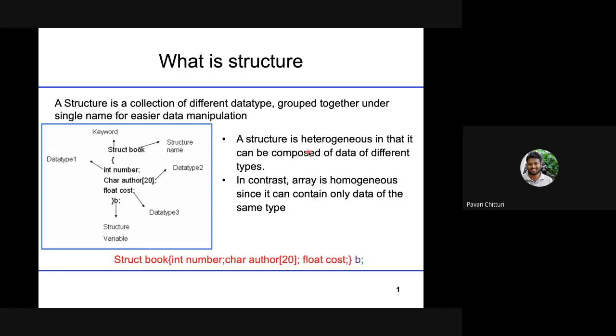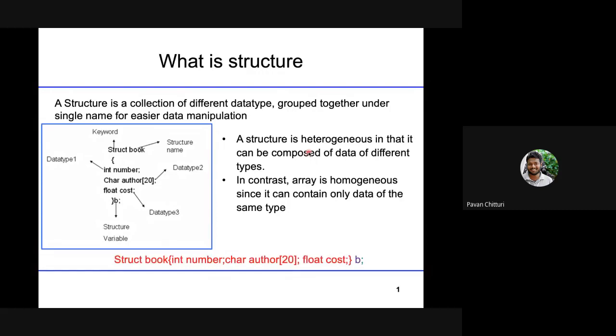If you need to group related things together, you can put n number of variables, n number of data types together: two integers, 10 floats, 10 character arrays. You can group n number of things according to your need. If your problem requires these things all to be grouped together, then you can create your own data type called structure with the keyword struct,